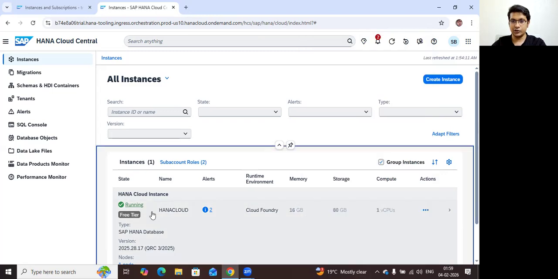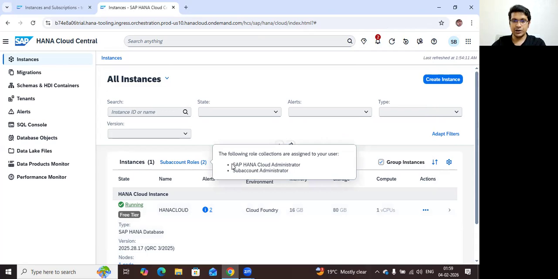Now that's that. But one important point is, when you go to the HANA Cloud Central for the first time, there'll be missing authorization which you need to sort out. The authorization that you are going to need is SAP HANA Cloud Administrator, the main role collection that you need to assign to your user. By default, only sub-account administrator will be the role added to your sub-account user. And without this role, SAP HANA Cloud Administrator, you cannot open and access all these different options from your HANA